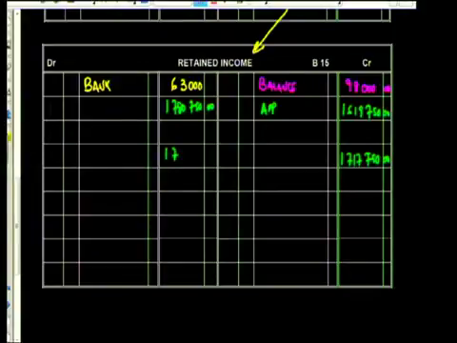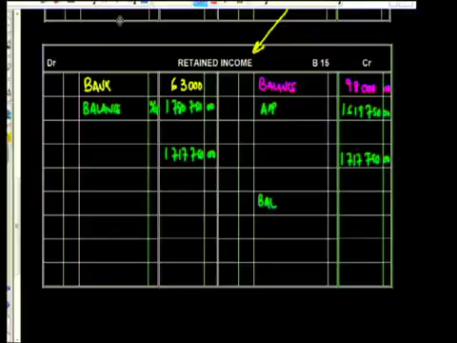Let me just put in my train line total for myself, 750. There's my balance in my account, which is my balance carried down. My balance brought down for next year would be 1,700,000 and